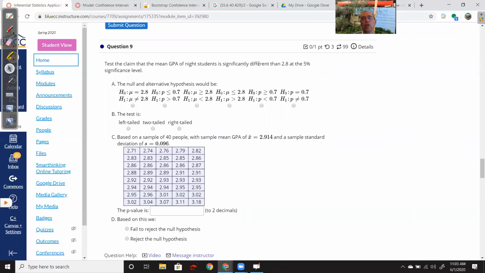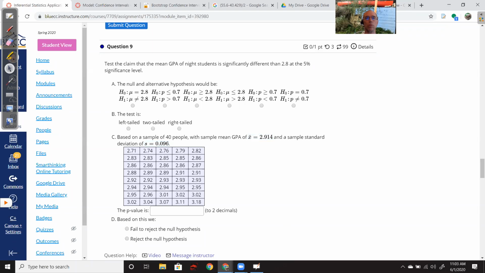So mine is significantly different. I'm glad to see that because that makes it a little harder. And then I have the data here, but I also made the calculations for you. So I calculated x bar and I calculated s. Since I have the data, I could use StatKey. StatKey only works if you have the data. If somebody just says, hey, here's the mean and the standard deviation, that's not enough information for StatKey to do a hypothesis test